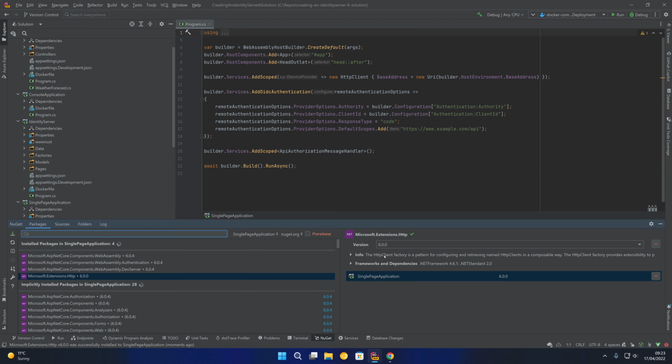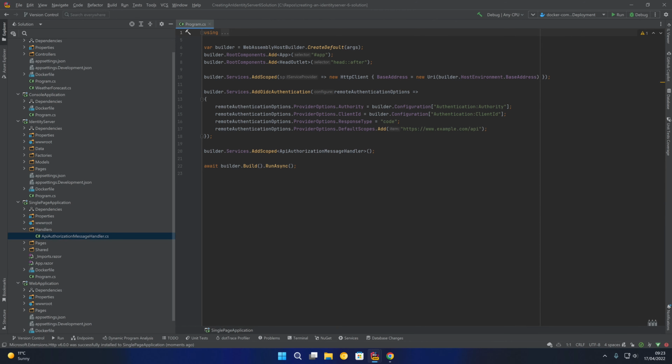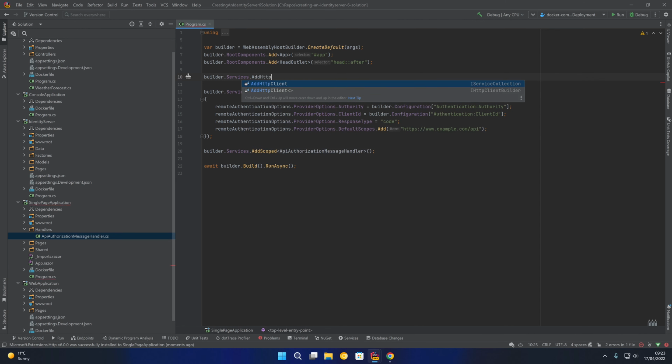And this will allow us to use the HTTP client factory and other HTTP client based components in our Blazor WebAssembly application. So what I'll do is I will get rid of this Services.AddScoped, and I'm going to say AddHttpClient. I'm going to give it a name of API